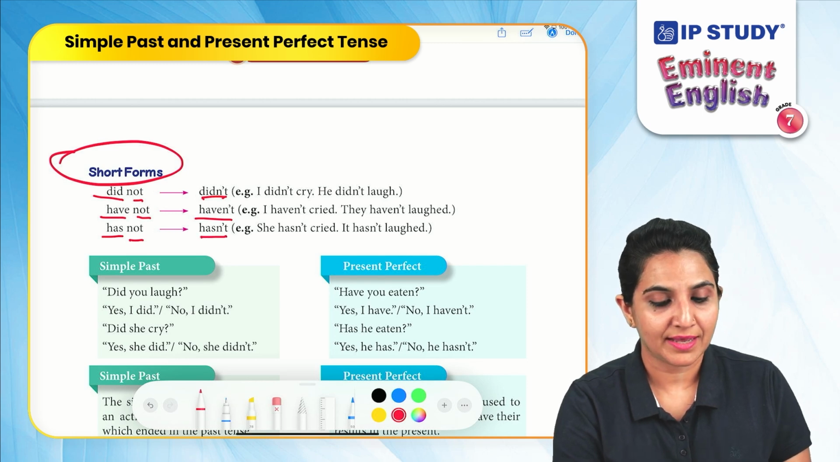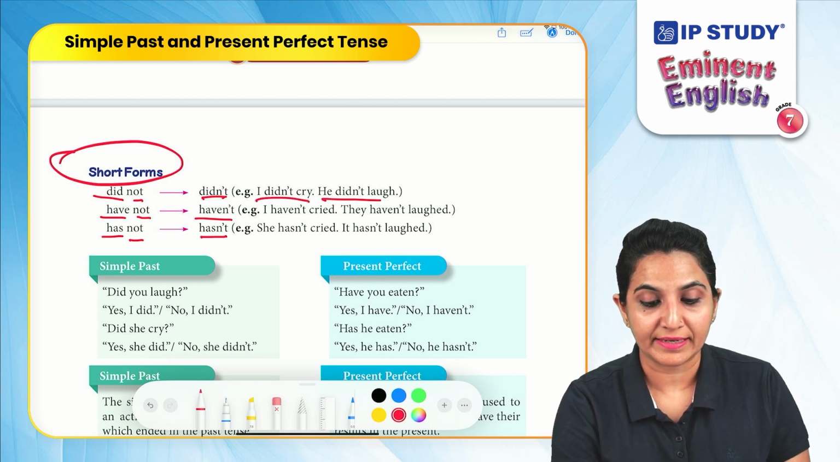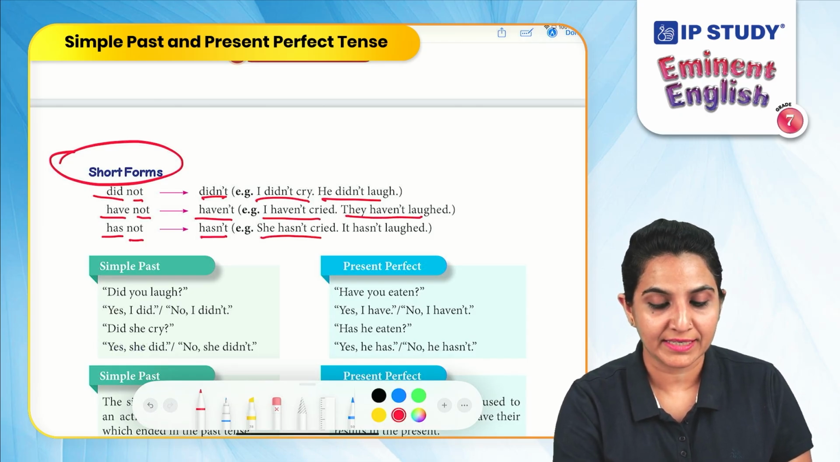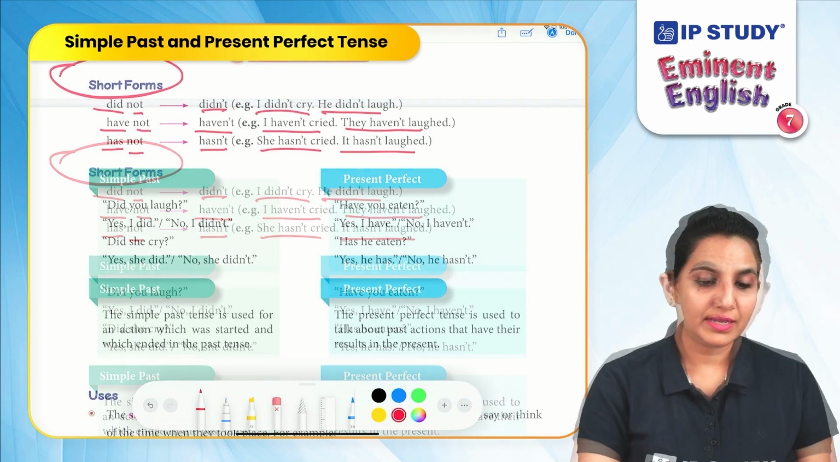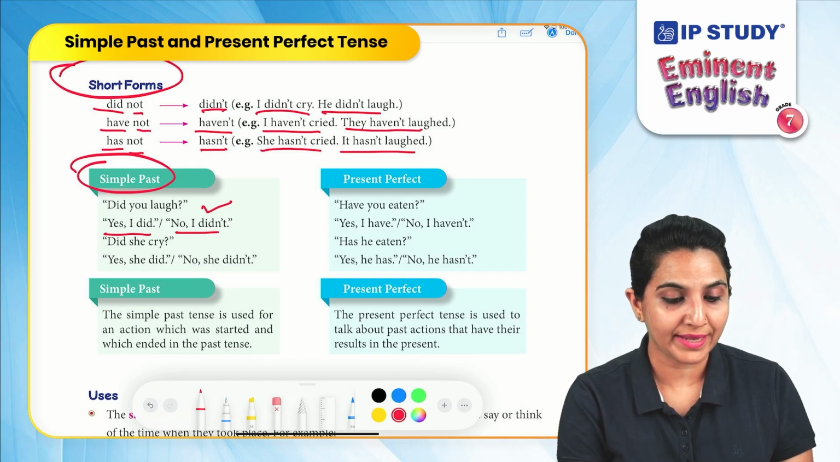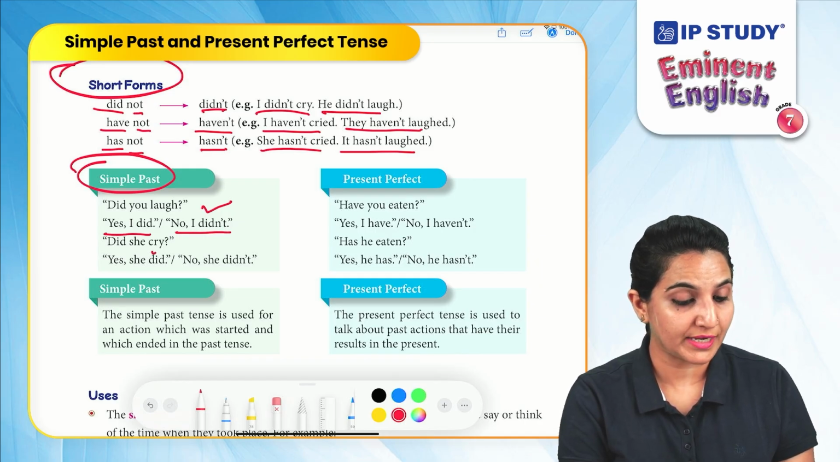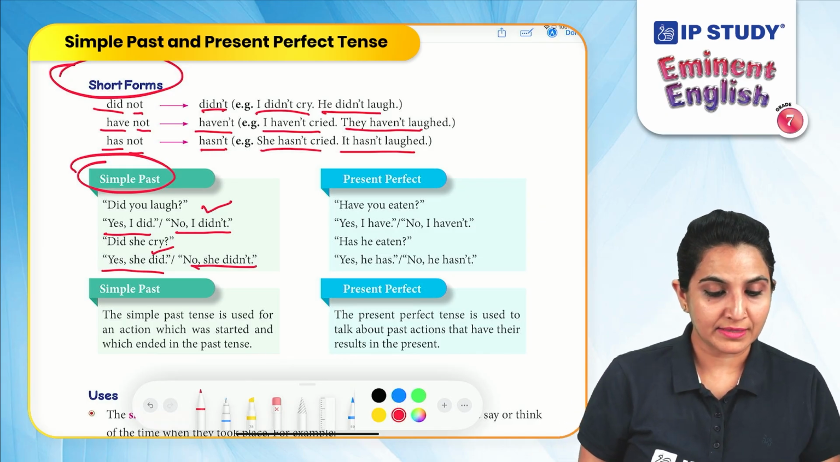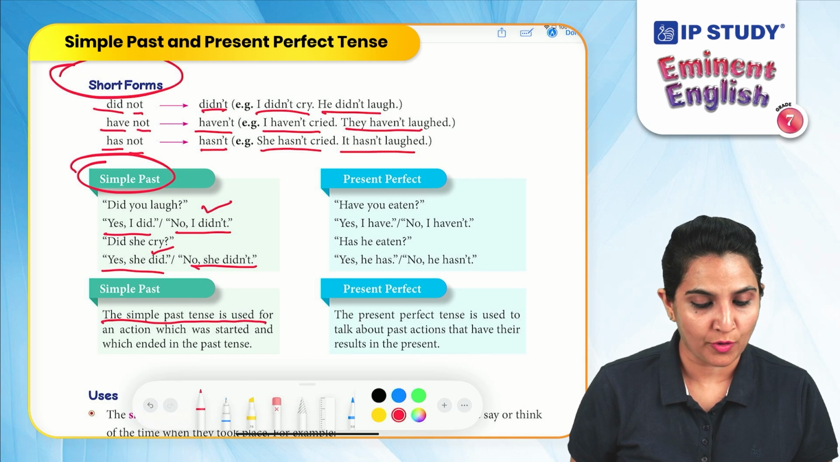That means I didn't cry, he didn't laugh. I haven't cried, they haven't laughed. She hasn't cried, it hasn't laughed. With simple past, did you laugh? Yes, I did. No, I didn't. Did she cry? Yes, she did. No, she didn't. So with simple past, the simple past tense is used for an action which was started and